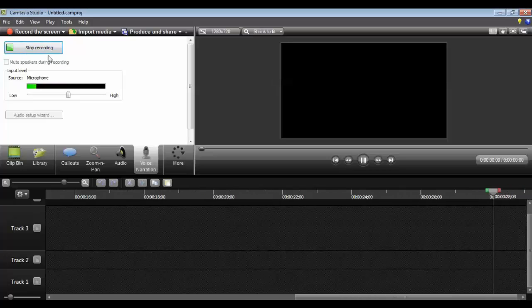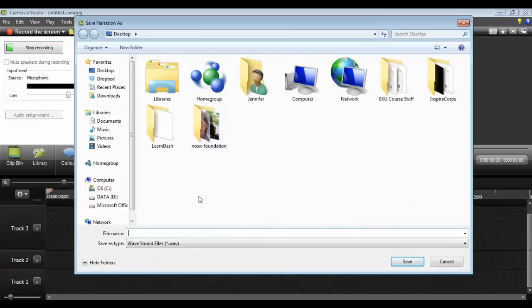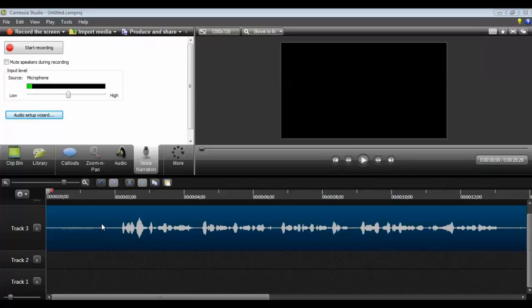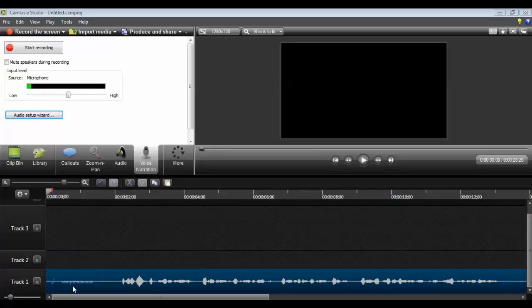Okay, I'll stop right there, and I have to save the wave sound file that is produced here, and I'm going to just call it sample wave. You could call it whatever you want, and I'm saving it to my desktop. Before I do anything else, just to make things tidier looking, you can see the wave file showed up on track 3 because I'd been working inside this interface a while. I'm going to drop it down into track 1. And I'm at time 0. So when I start playback,